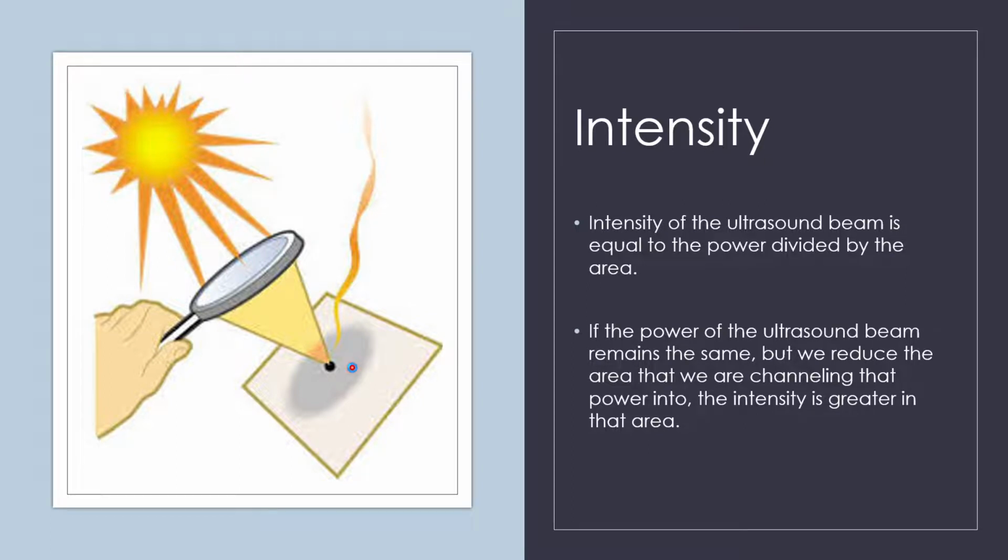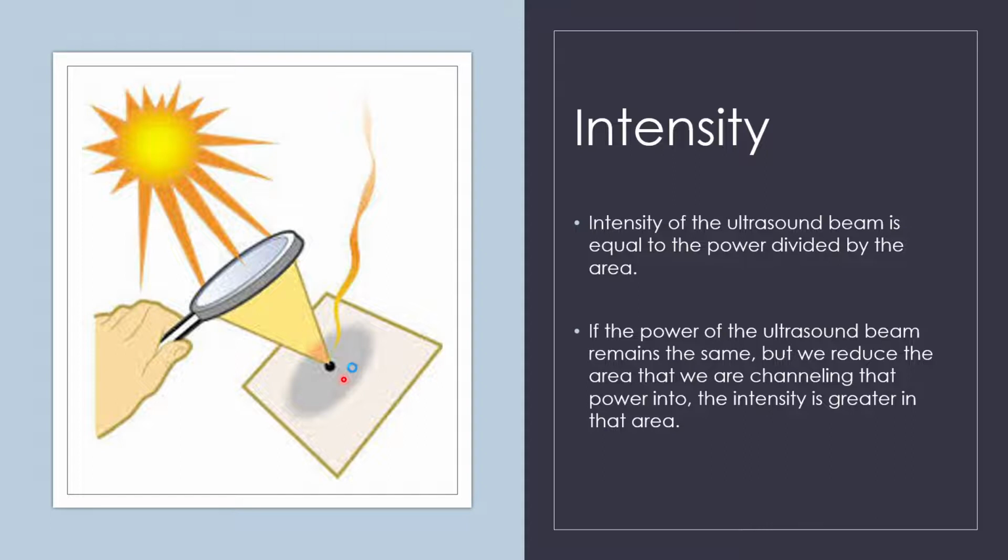So I've got this picture here because we can all sort of relate. We can all think back to a time when we were little and we had the magnifying glass and we were trying to catch something on fire, right? Maybe not catch it on fire, but just see if we could heat something up, or concentrate that light of the sun, that light energy, into a smaller area. So the power from the sun, that light energy, doesn't change. But if we use that magnifying glass and we concentrate it into a small little area, then in that small little area the intensity increases enough to catch fire, right? So same sort of